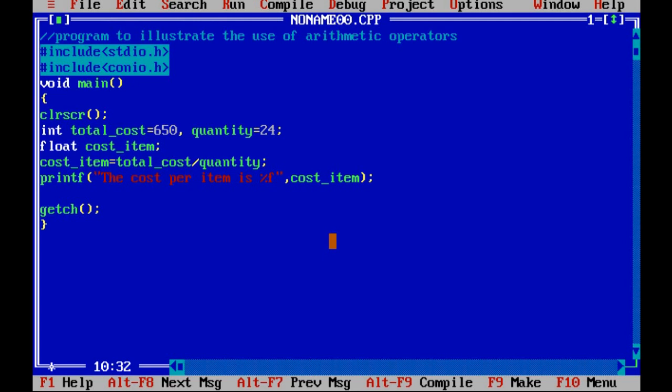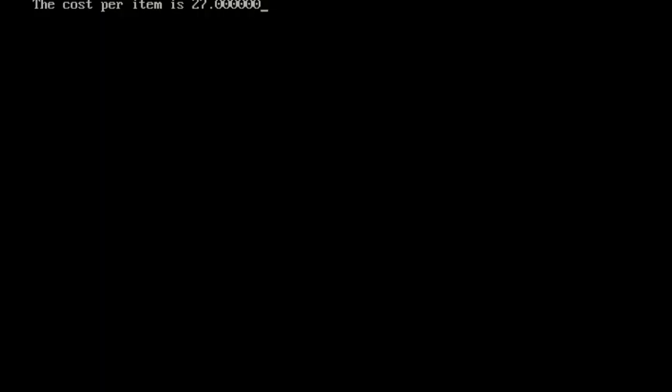Okay, so this is known as mixed mode arithmetic. Now answer me here, will the answer be in float or in integer? Obviously it will be in float because I have given here %f, and the final variable in which I am taking the value is float. So I run the program. Did I get the answer in float?